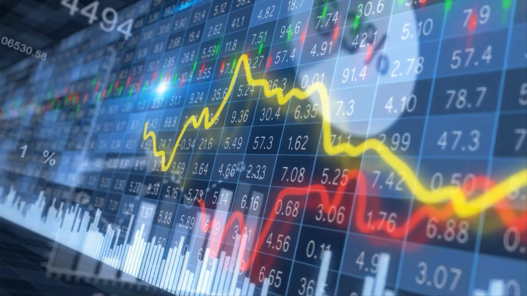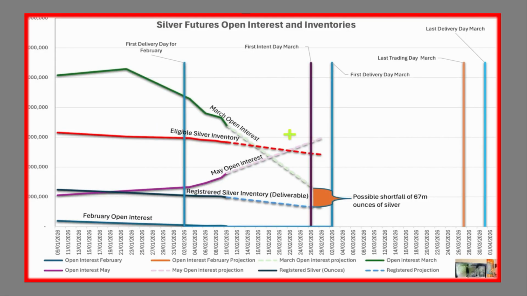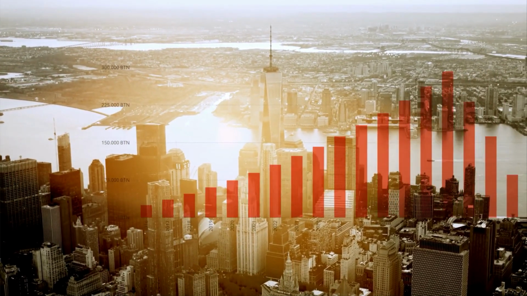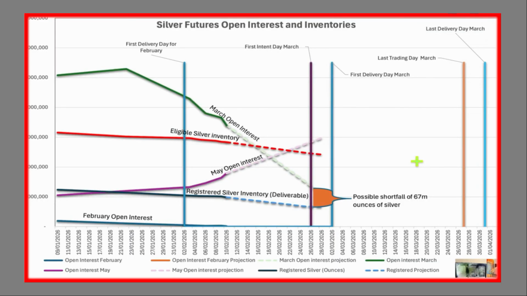So the intent date for March is on 26th of February, and I'll tell you what that means in a second. And then 2 business days later, we have the delivery date, which would come on the 2nd of March. That's the first delivery date, but the shorts can still deliver silver right through the month. So if they can't get it on COMEX, they might wait, hoping some comes in, but hoping also that some doesn't get taken away, making it more difficult to buy. But at first sight, based on current trends, there's going to be a shortage of silver starting right at the start of the month, start of March, that is.